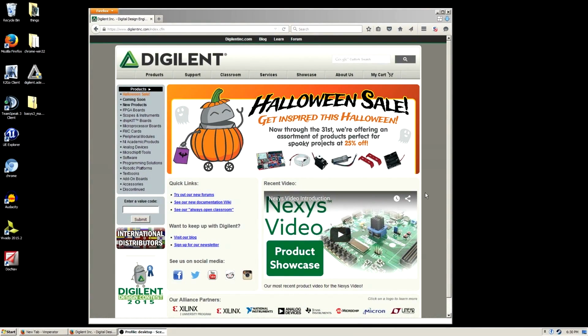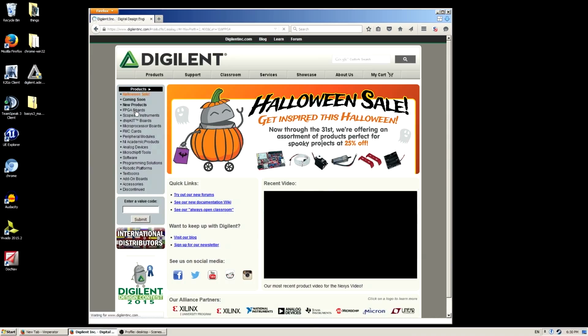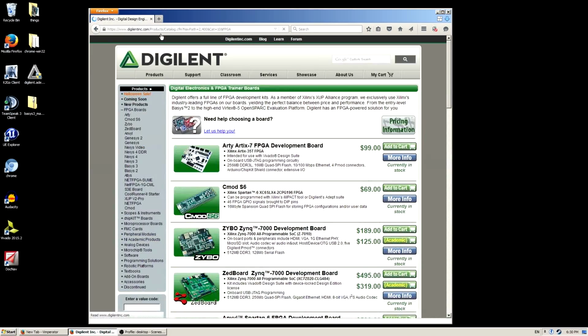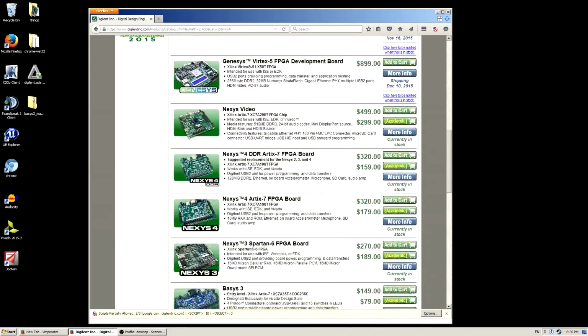Okay, today I'm going to be going over how to install any software needed, the drivers, and then do a complete project in Vivado, then how to download it to the FPGA board. So the first thing we'll need to do is to go to Digilent's website with FPGAs, then